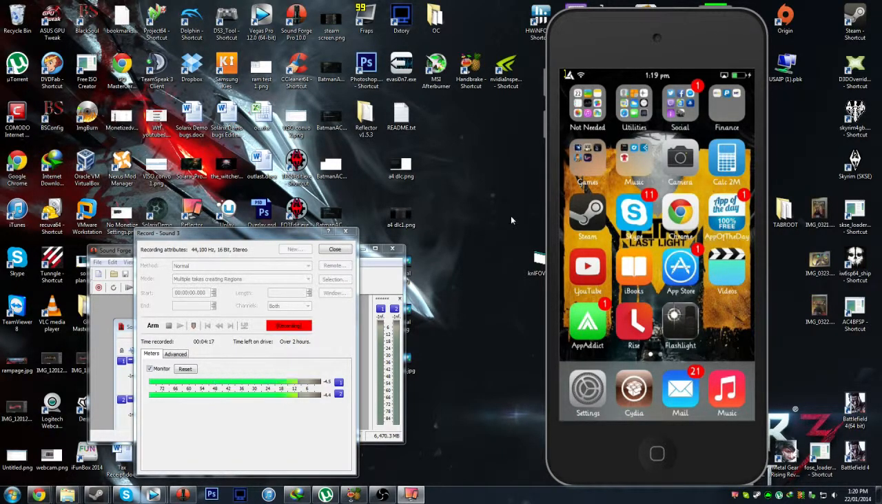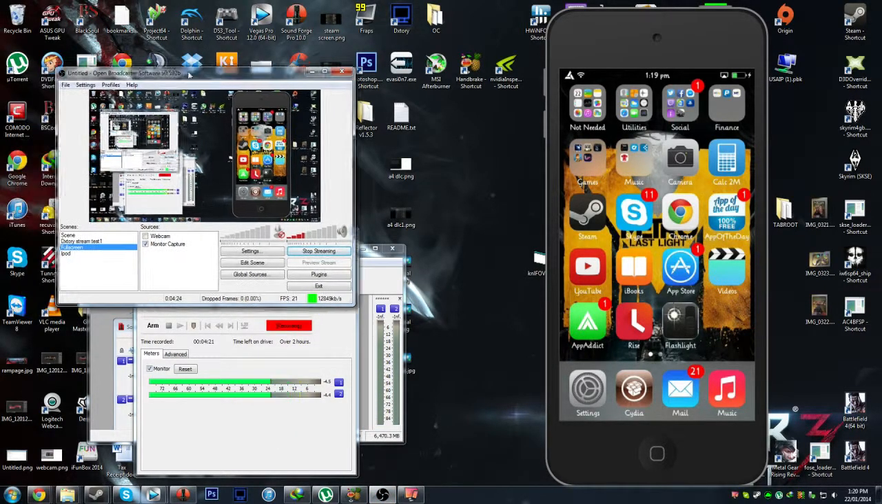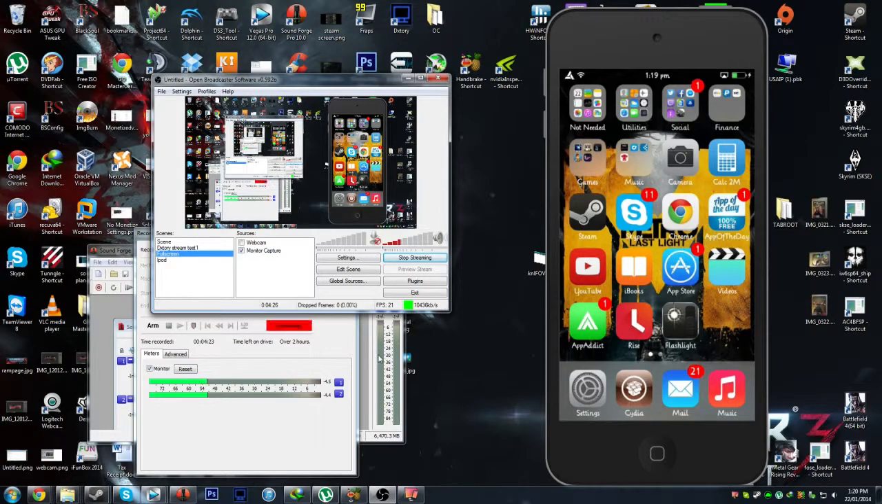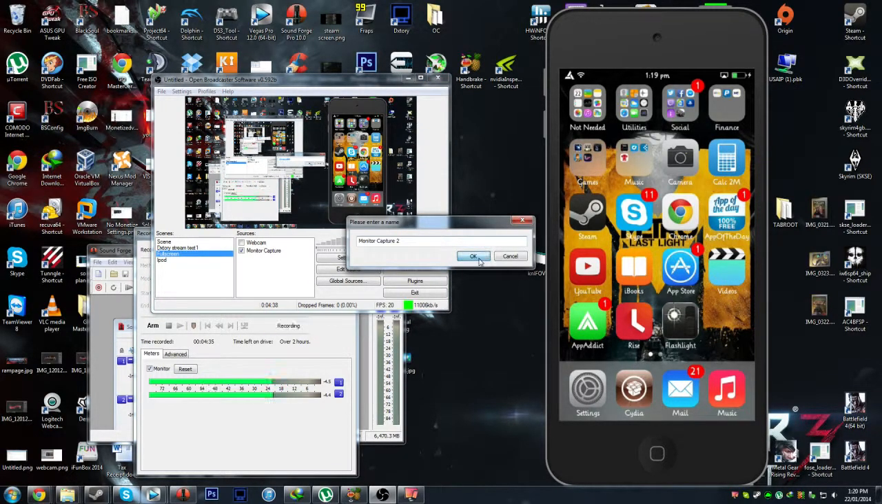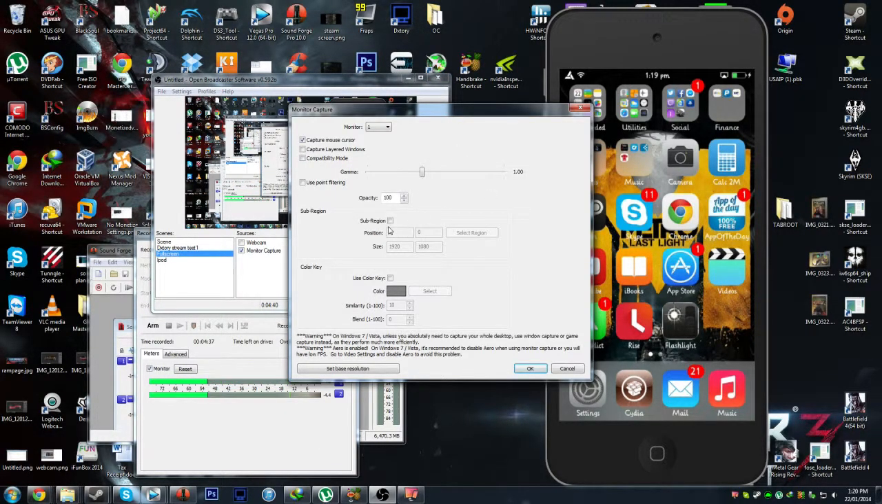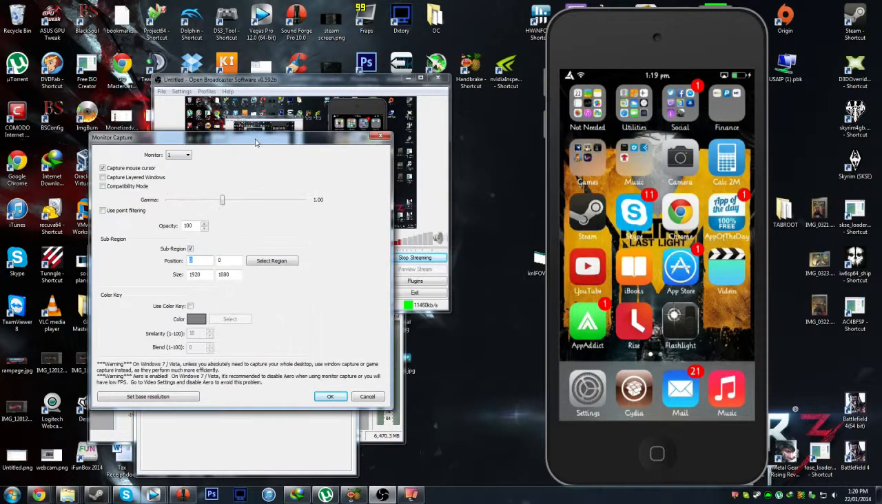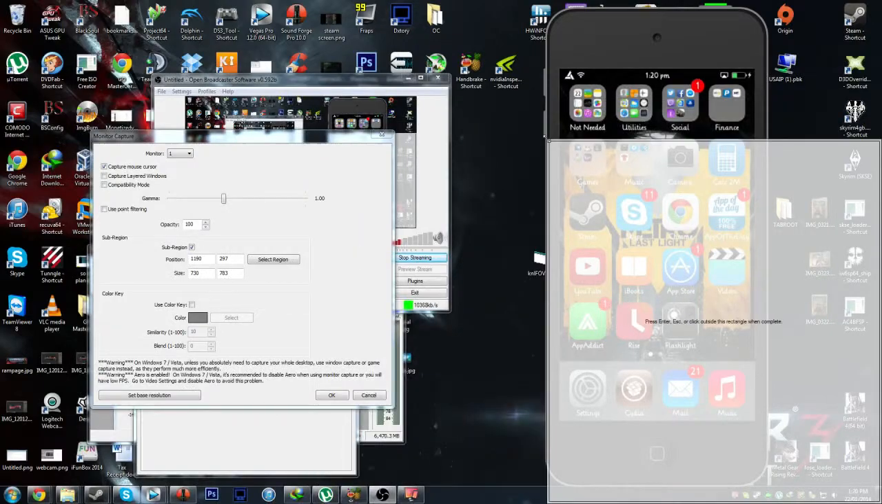So basically how I actually get this to work is I use a program called OBS. Now, in OBS, I'm just going to recreate it. I'm not actually going to click on my scene, but basically I create a monitor capture. I'm just going to name that monitor capture 2, and then I basically just set a region. So to set a region, I click on select region, then I can